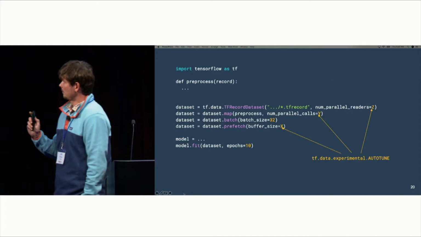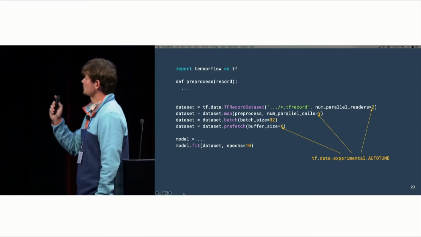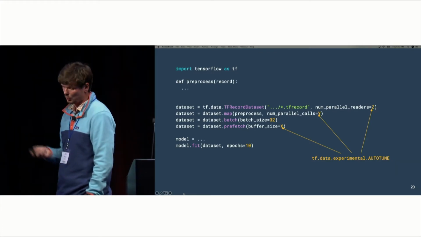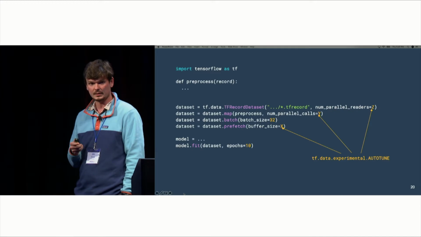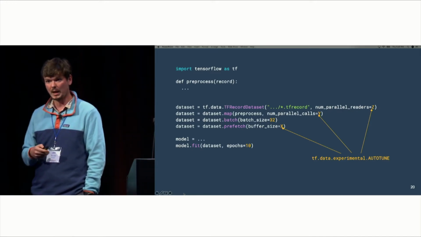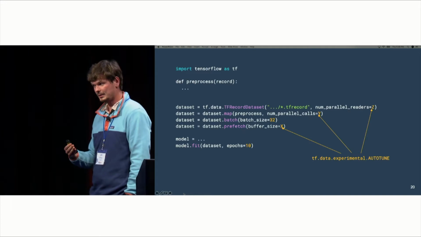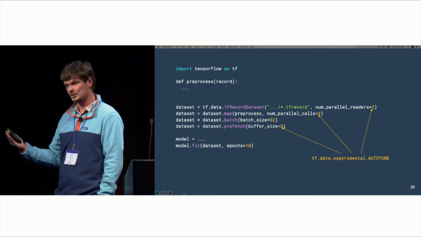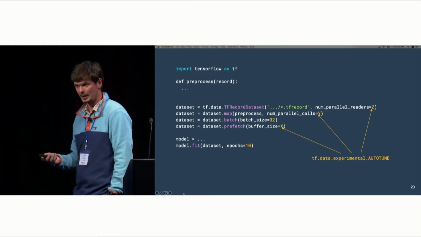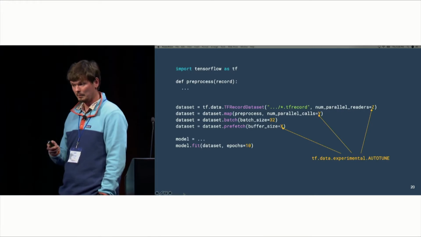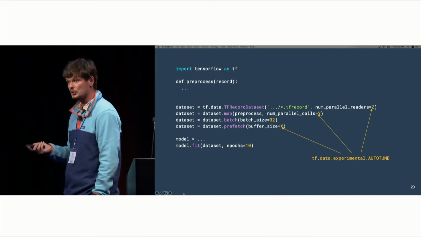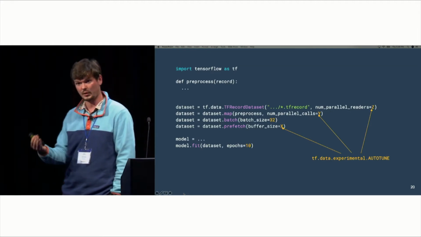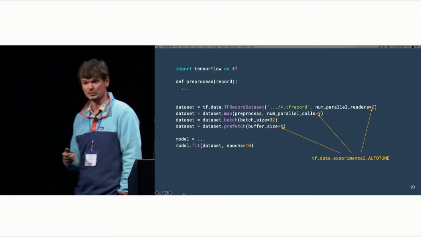What I didn't mention here is that the specific values that you provide to either the prefetch buffer size or the number of parallel calls do matter. If you set these to be too small, your input pipeline might not run as fast as it could. And if you set these to be too large, it actually might not run as fast as it could either. The latter might be a little more surprising, but the reason why setting these values too large would result in suboptimal performance has to do with things like inefficient thread scheduling or excessive memory usage and memory